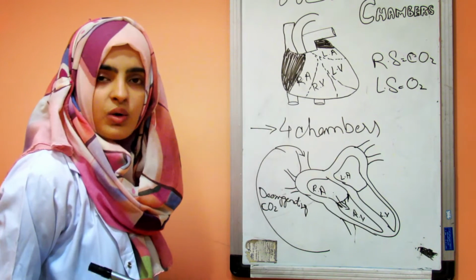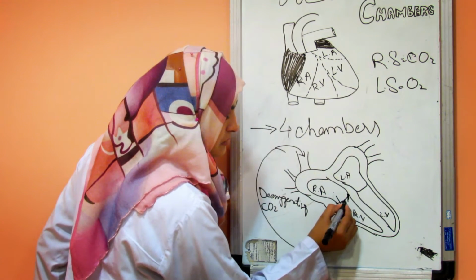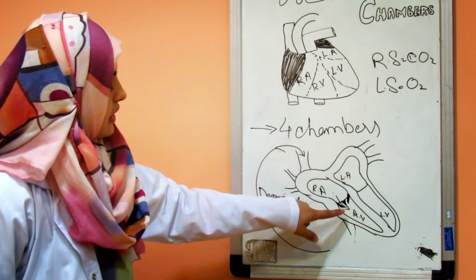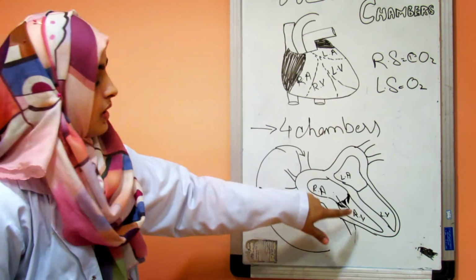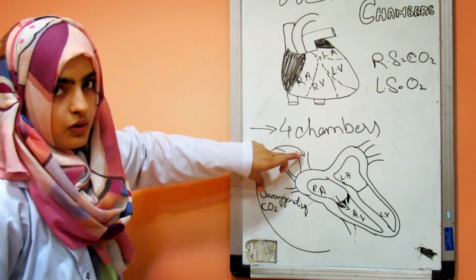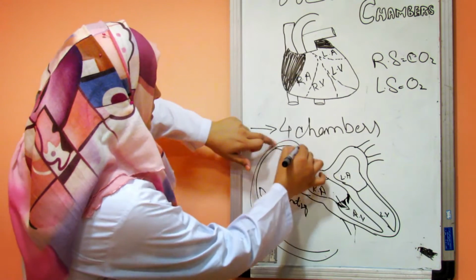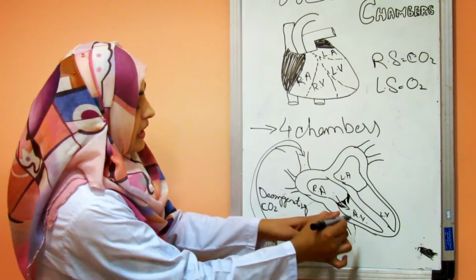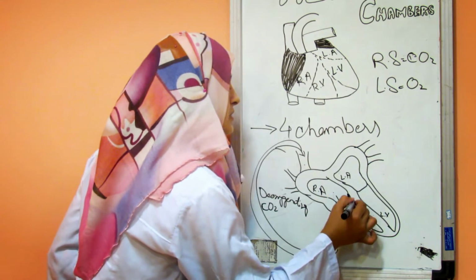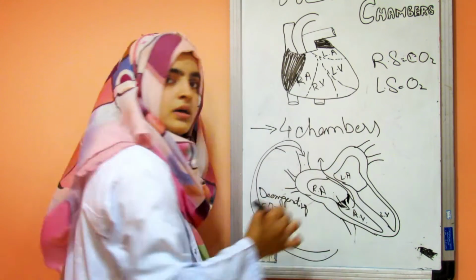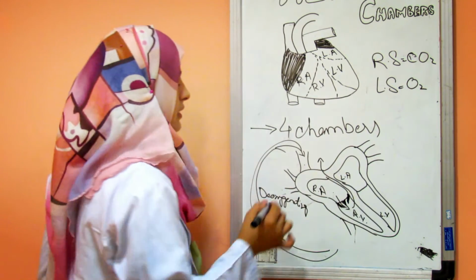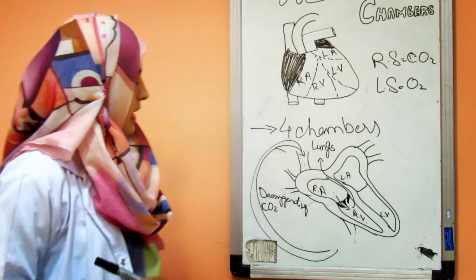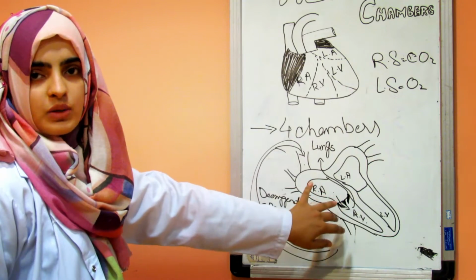Understood? Tricuspid valve. Why is it called tricuspid? Because it has 3 cusps. You can see that here I am drawing the 3 cusps. It is the tricuspid valve that is present between the right atria and the right ventricle. The deoxygenated blood from the whole body comes into the right atria, the right atria pumps that blood into the right ventricle, and from the right ventricle this blood leaves the heart through different veins and arteries towards the lungs. This is the whole circulation of the right side of the heart.